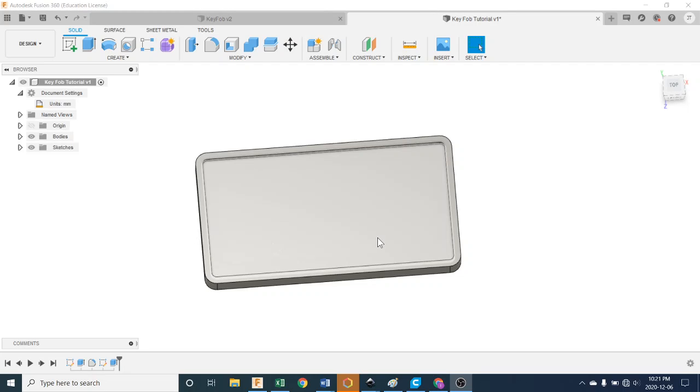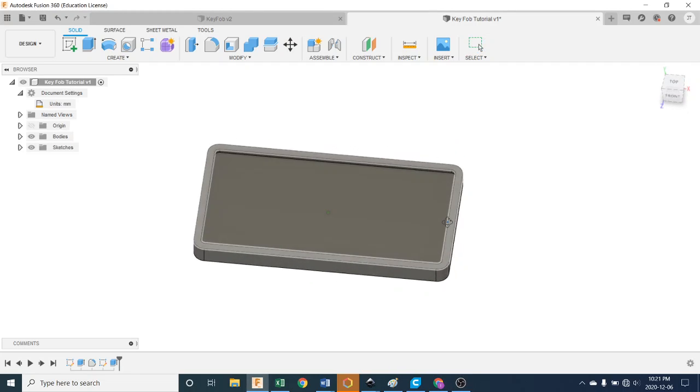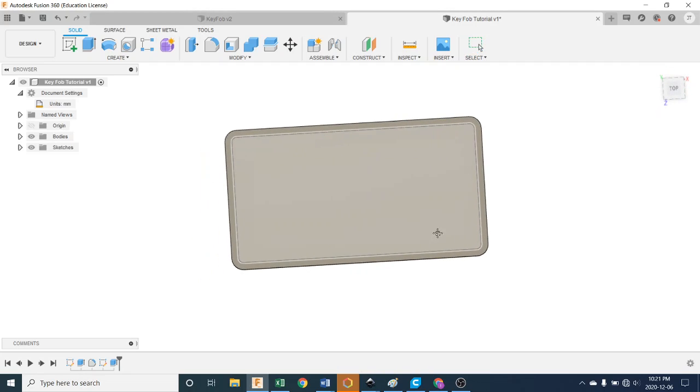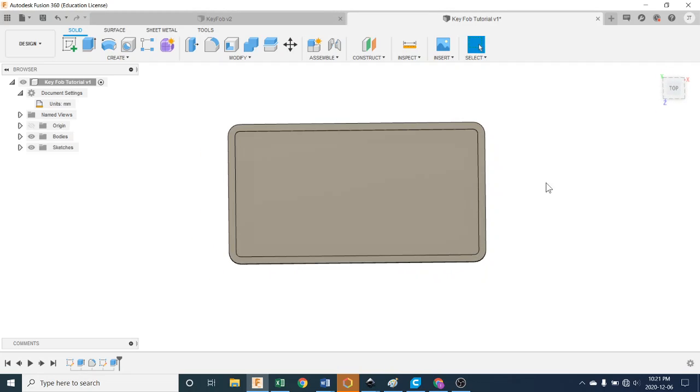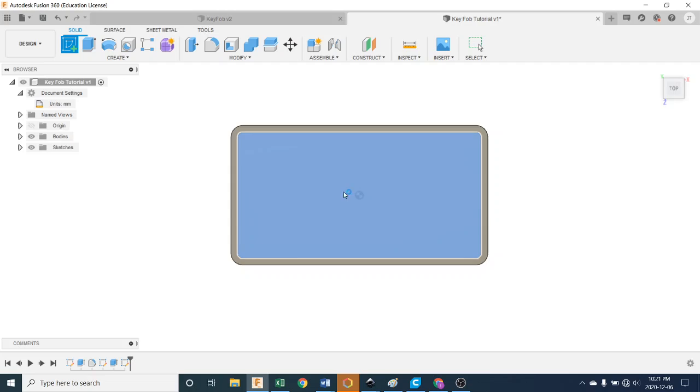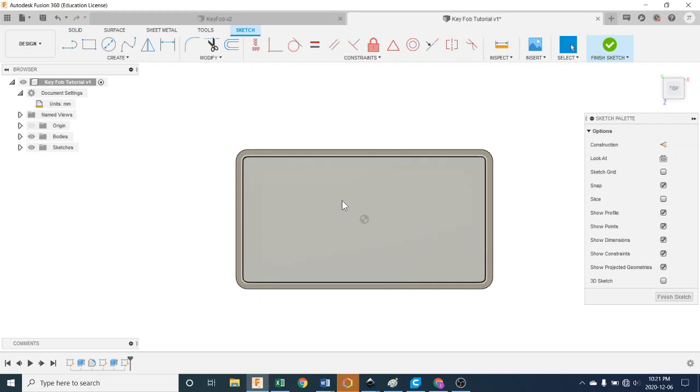Okay, welcome back. This is the first Model 3 Fusion 360 tutorial where we're creating a key fob, and in the last two tutorials we created this wonderful shape so far, and now it's time to add some text. So I'm going to hit top, so I'm oriented straight down from the top looking at it like this. I am going to make a sketch on this surface,